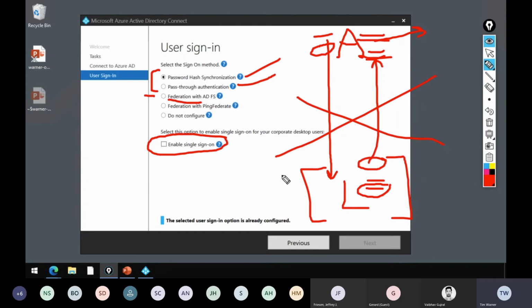You can speed up password hash sync or pass-through sync by ticking this box here for a seamless single sign-on. This is potentially very cool because your local user can literally pop open their browser, go to Office 365 or go to your cloud app, and they may not even be prompted for any credentials. They'll be taken right in. The downside to that is that it requires that the user be signing in on a domain-joined machine in their local domain environment.